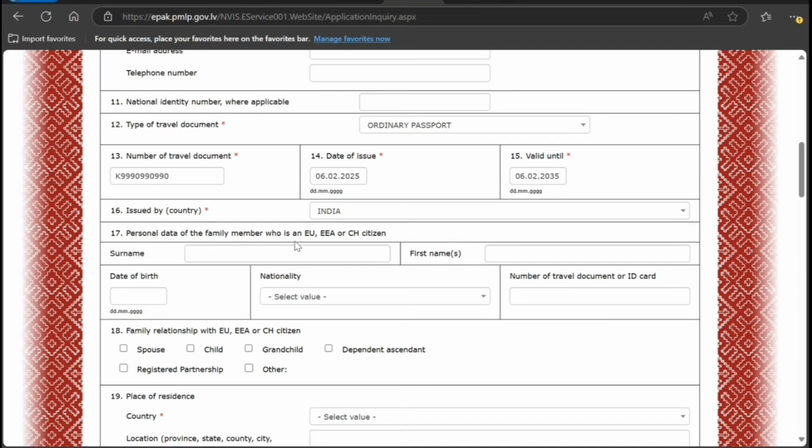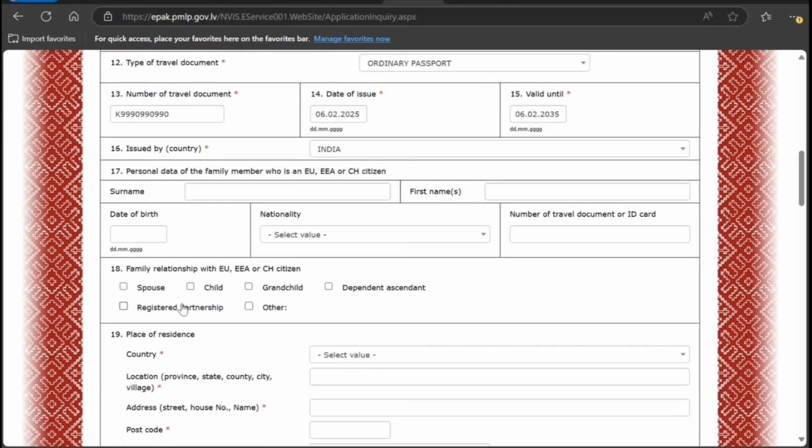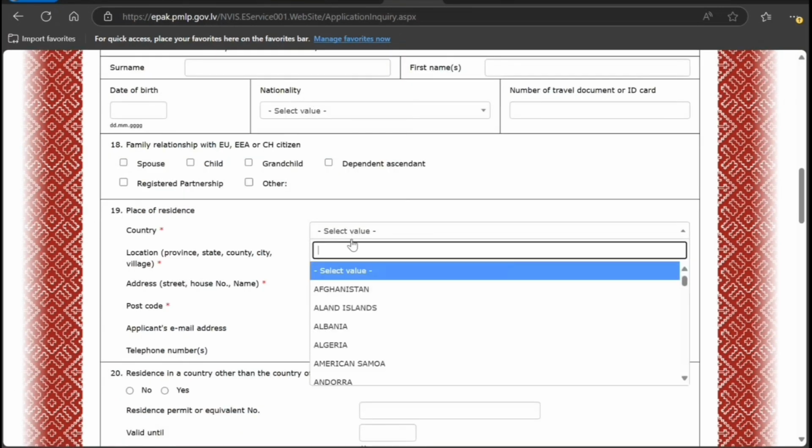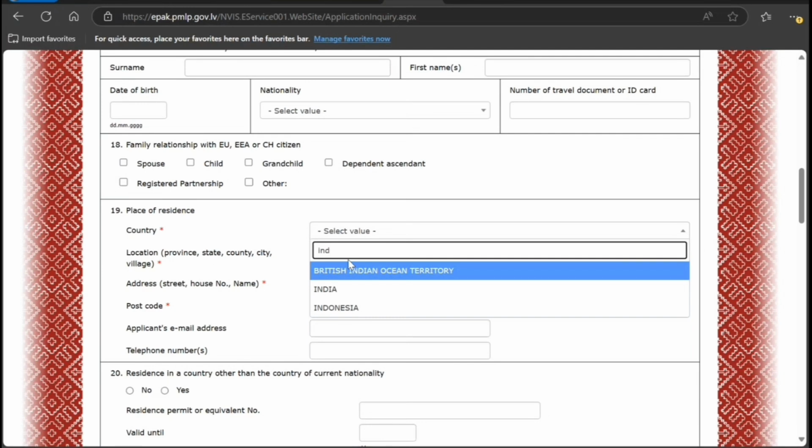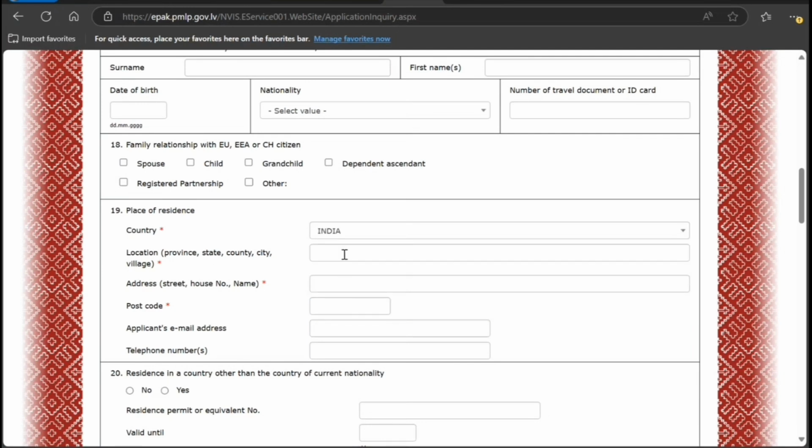Personal data of family member who is an EU citizen. So this only applies if relevant. Okay. Family relation with EU citizen. No. Place of residence. This is for you. Location, state, country. Okay. So I'll just put Delhi. Street, house name, postal code,